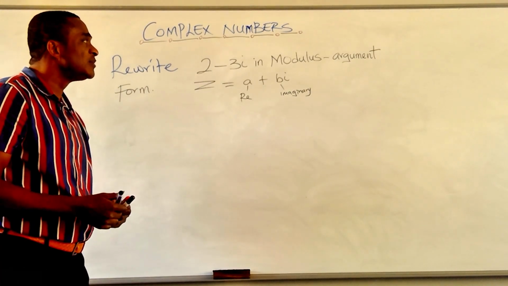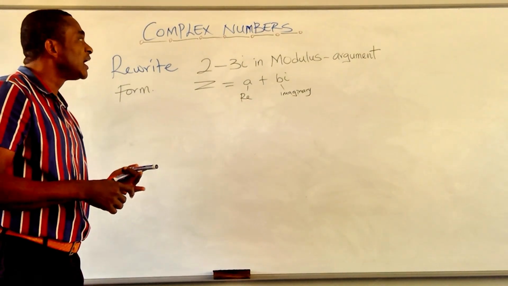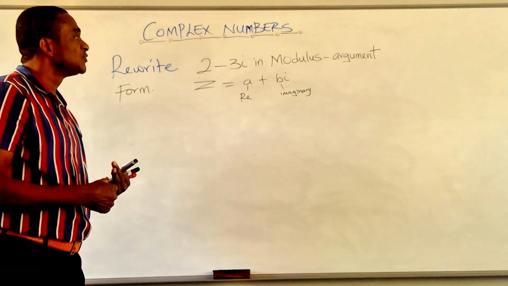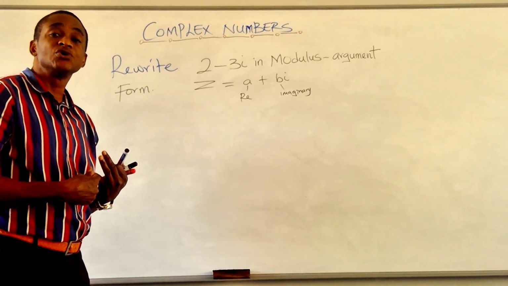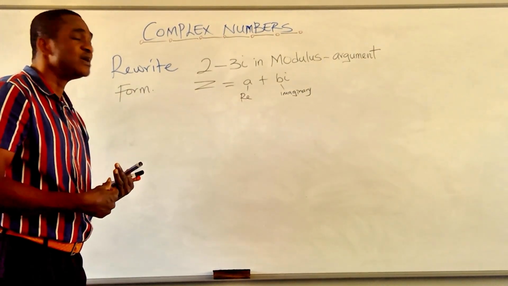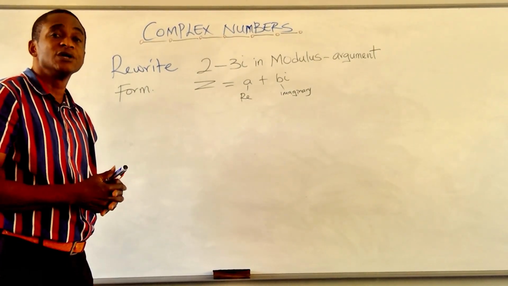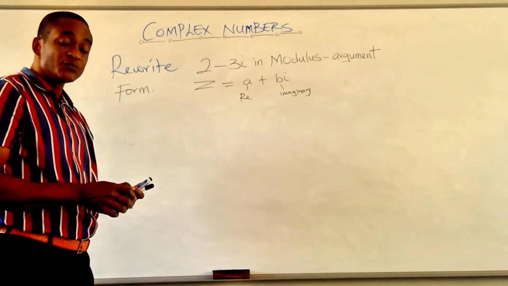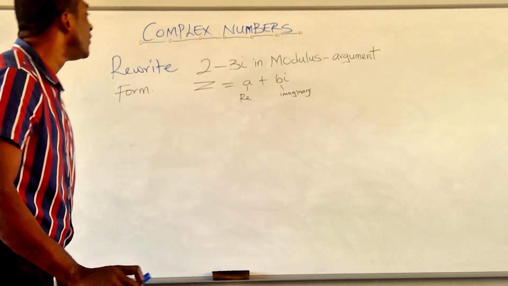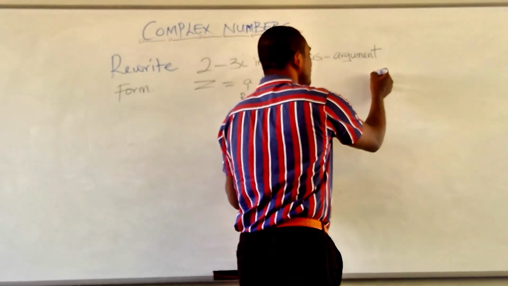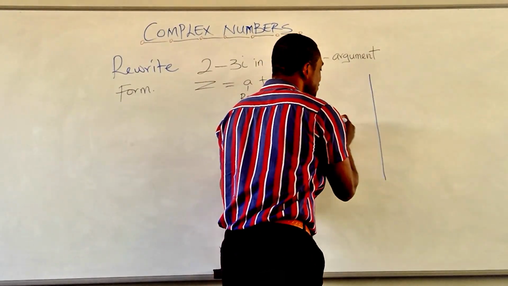Modulus argument form is telling us to have the value of the modulus, which is the radius, and also have the argument, which is the angle involved between these two numbers. How do we go about this? We use our Cartesian plane to illustrate this. Now, if we draw our Cartesian plane,